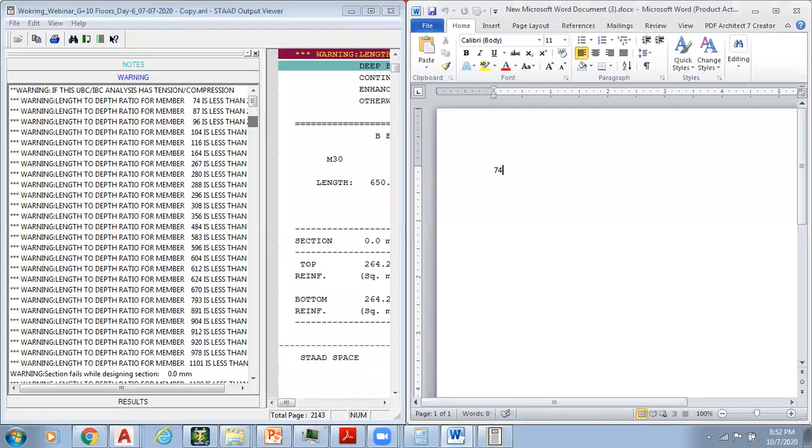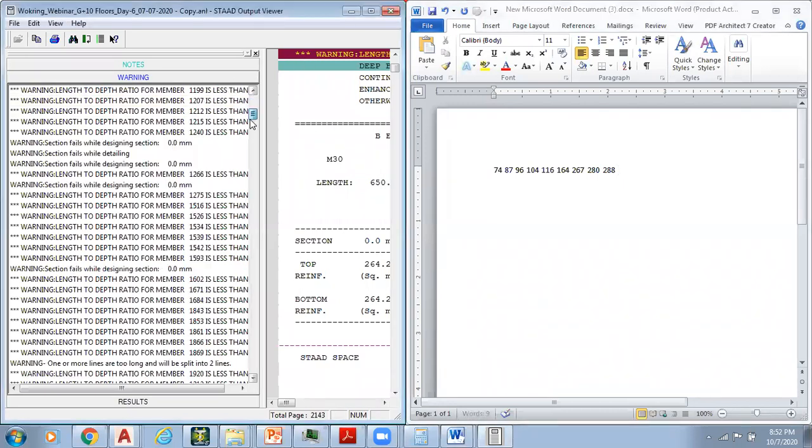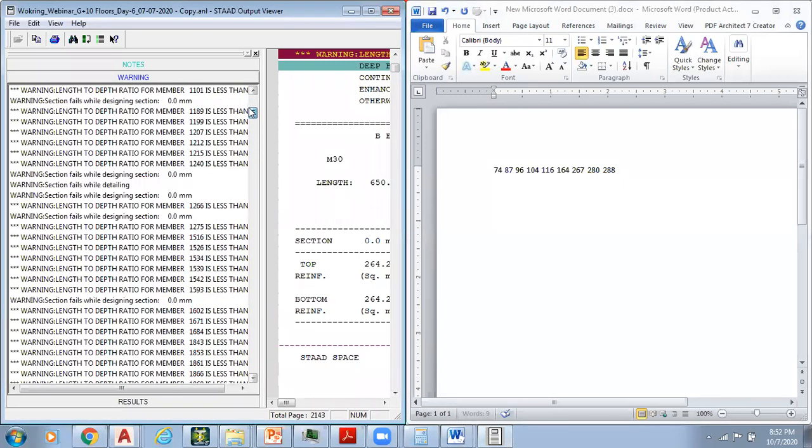So 74 space, 87 space, 96 space, 104 space, 116 space, 164 space, and then 267 space, 280 space, 288 space. Likewise, I need to type all these member numbers, right?